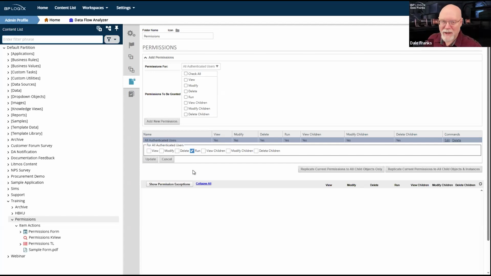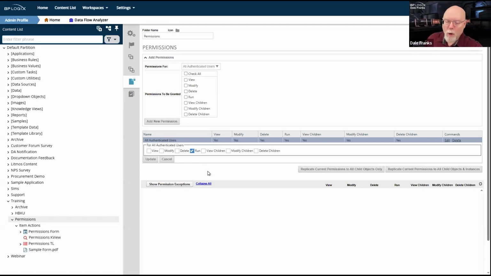That's something that we'd probably want to have a very detailed discussion with you about in terms of the amount of freedom that you want your end users to have on that server. But if I was to do the most restrictive thing possible, what I would do is I would give all authenticated users only run permissions.